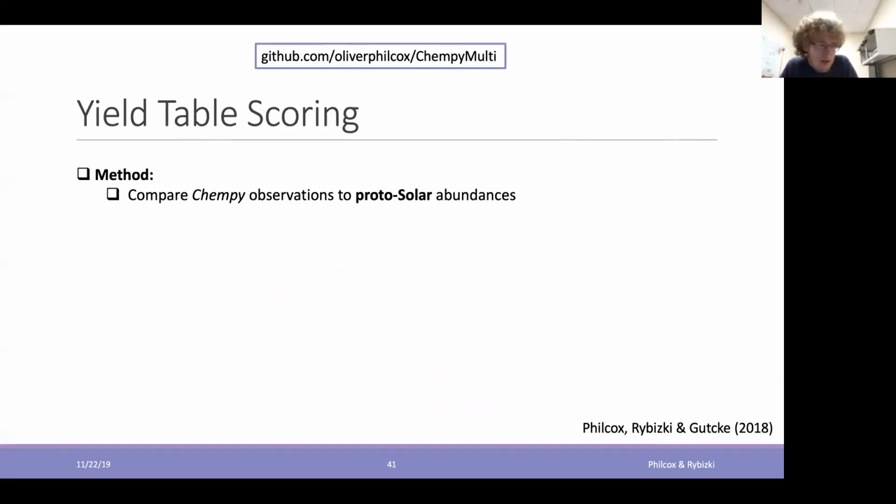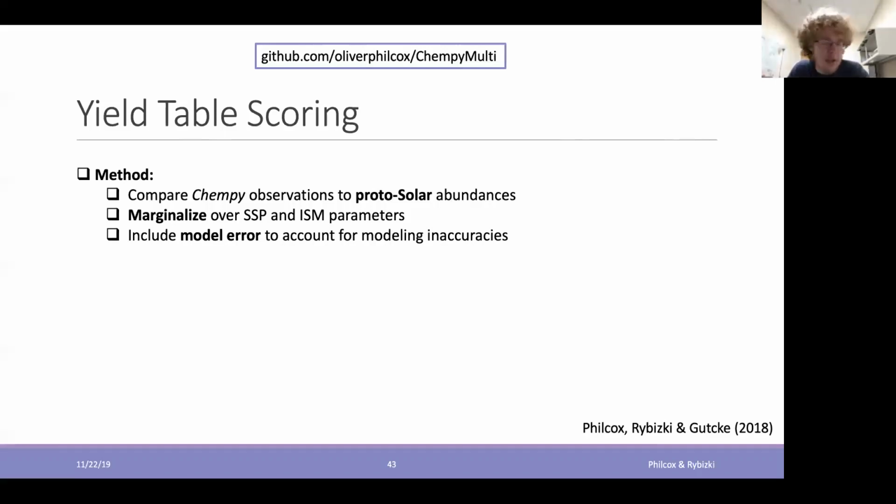We do it in a similar way to before. We take the Chempy function and compare Chempy predictions to the true protosolar abundances. Now, as we said before, Chempy depends on a number of parameters controlling things like the slope of the initial mass function and the number of type 1a supernovae exploding. There are normally around 5 key parameters describing this. For the purpose of this inference, we're trying to work out which yield tables perform best, so these are really just nuisance parameters. The best way to deal with them is to marginalize over them. We don't have complete knowledge about how many supernovae explode, so let's just marginalize.